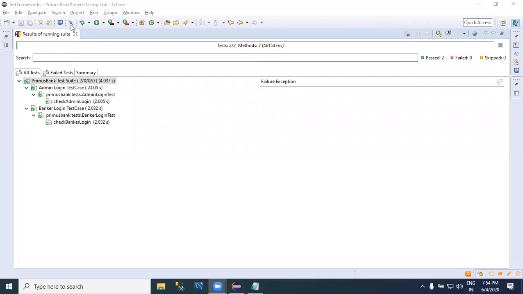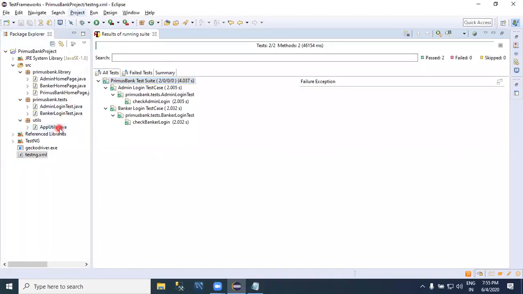Okay. Now my question, if I'm running the TestNG suite, how many times is the application opening? I have multiple test cases in a suite. In this sample, I have only 2 test cases. Let us assume we are working on a real-time project where there are 100 test cases. How many times is it opening the application? If I have 10 test cases, 10 times, and if I have 100 test cases, 100 times, because in app utils,